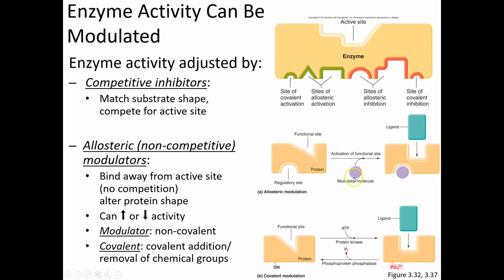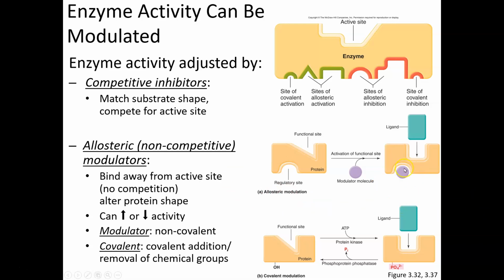Allosteric, this again shows the allosteric modulator molecule binding someplace else. The active site's here with the arrow, right? And in this case, it's an activator, right? Because once we bind the purple circle there, this goes from a triangle to a rectangle, so we can easily slide the ligand in and have the reaction take place. Now,